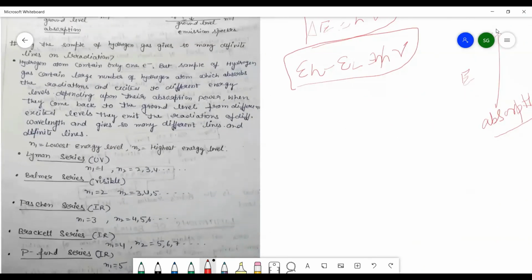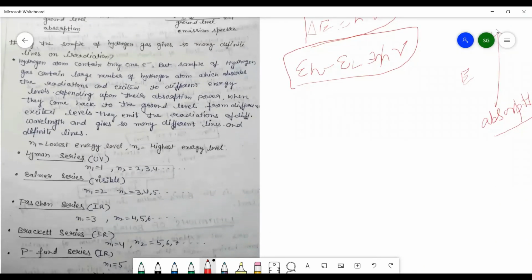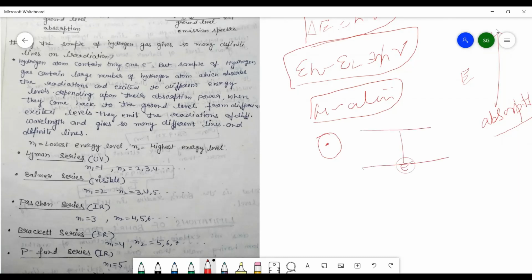Now, you know well, now we will discuss about the spectrum for the hydrogen atom. Hydrogen atom spectrum. Whenever we are having the hydrogen atom, it has the one electron in its outermost shell. So whenever the electron will be present in the ground level, this one electron will reach the higher energy level and come back to the ground level, सबका एक ही pattern रहता है. So we should get the one line in the absorption spectrum and one line in the emission spectrum.